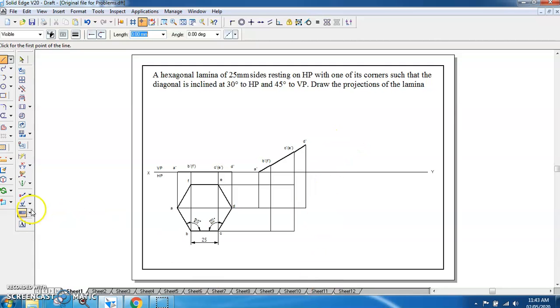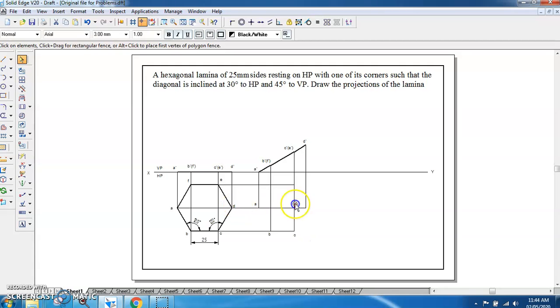Once you connect all the points, again you can give the names, or you can copy the names from here: hold the control button and click the letters A, B, leave control, select control, click C, D, then E, then F. So all the 6 points you have got.